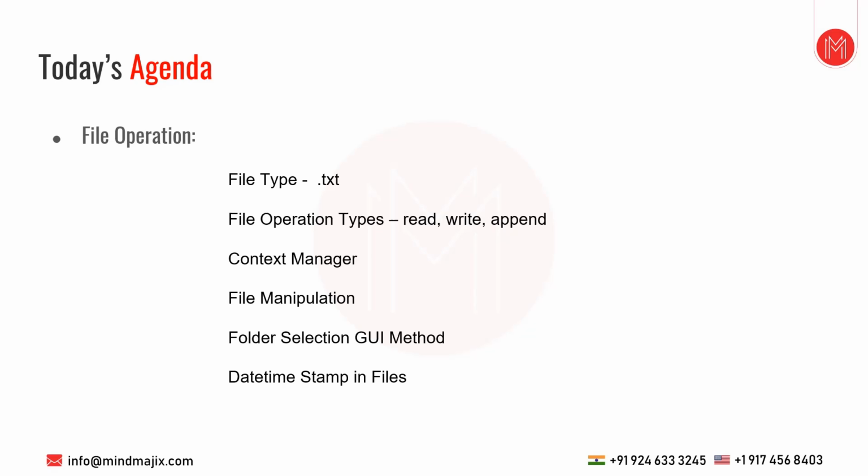It can be a text file, an Excel file, a CSV file or a PDF file for that matter. So these are the different files that we interact with day to day, every day. Among these, our focus will be more on the basic data file, the .txt text document.